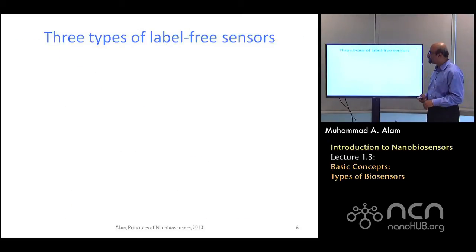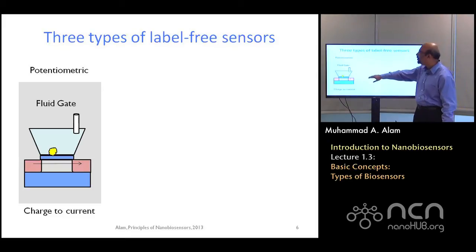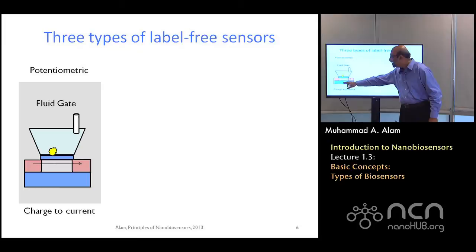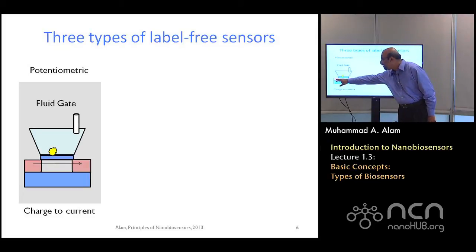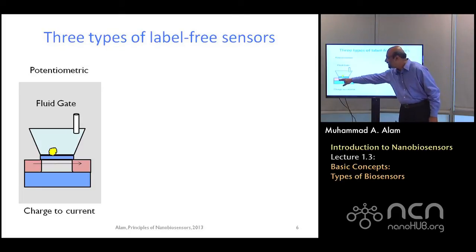Let me explain. So there are three types of sensors that we'll be talking about. The first is called a potentiometric sensor. Consider a transistor, just like in your iPhone. Let's say you take one of those transistors, and before the biomolecule arrives on the gate of the sensor, close to the sensor, there is a certain current flowing from source to drain. If you don't know what a source and drain is, don't worry. We'll talk about that down the road when I really explain the details of this sensor. For the time being, assume that there is a current flow, electrons going from source to drain, in the absence